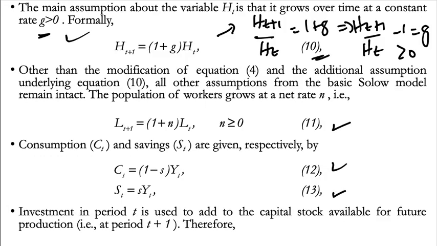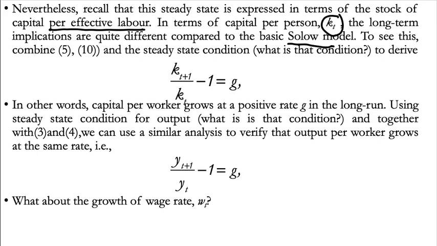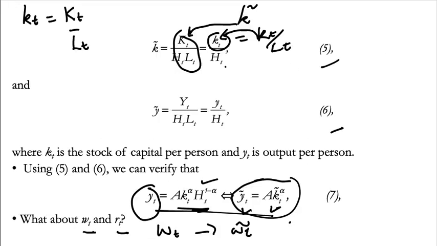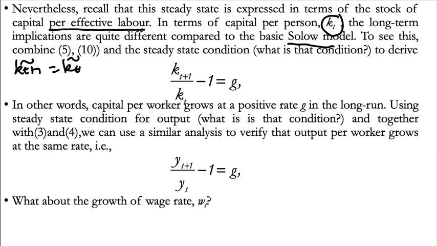So recall back, all of these equations are given to us, and the steady state condition requires us to have kt plus 1 tilde equals kt tilde. Okay, using 5, we recall the 5 here. Here is 5. Okay, we have 5 here and 6. You use 5 first because we want to solve for this actually. So we know that at the steady state, kt plus 1 tilde equals kt tilde, and using 5, okay,